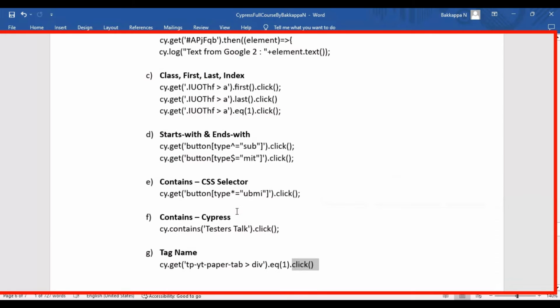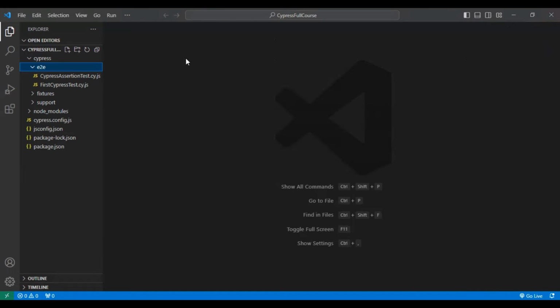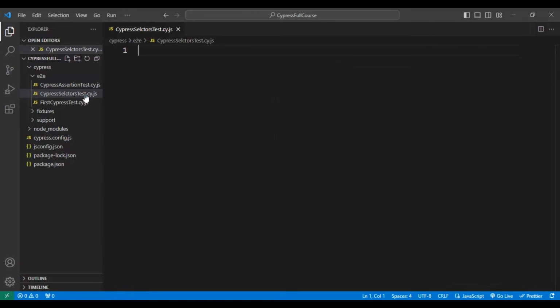Now I will go to the VS Code. Let's see all these examples with a real-time web application. Here I'll quickly create one JavaScript spec file. So here I'll say cypress selectors test dot cy dot js. So that's it. And inside this JavaScript spec file, I'm going to create one test suite and one sample